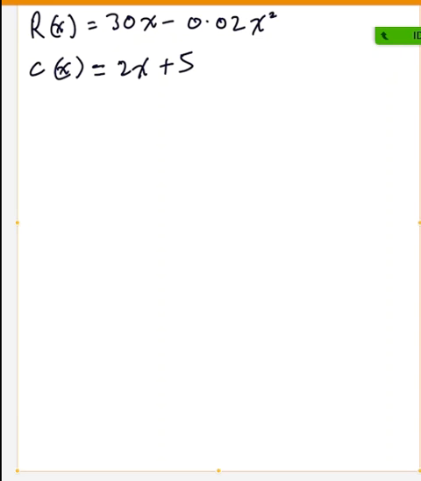So we were supposed to find the profit maximizing output of the firm given this revenue and given this cost